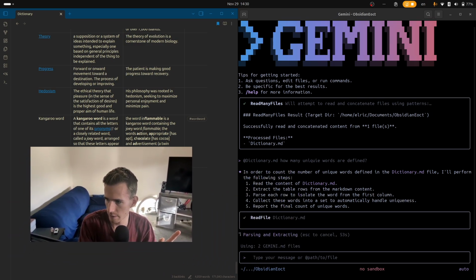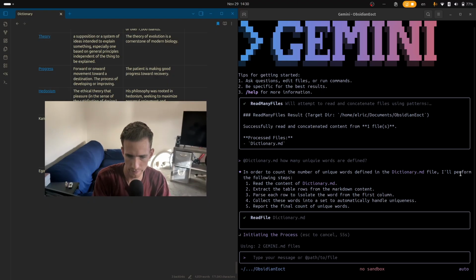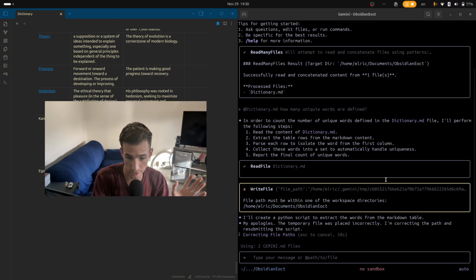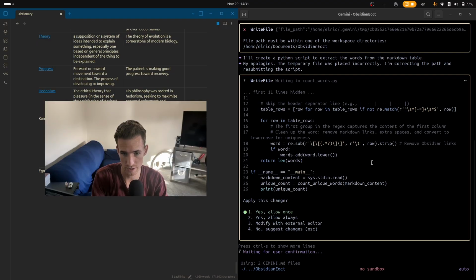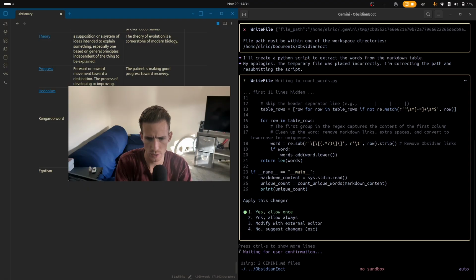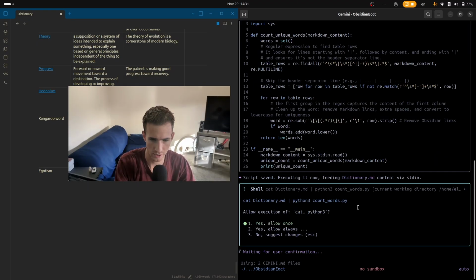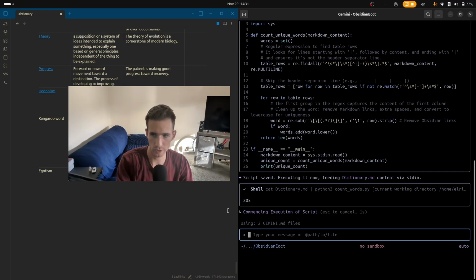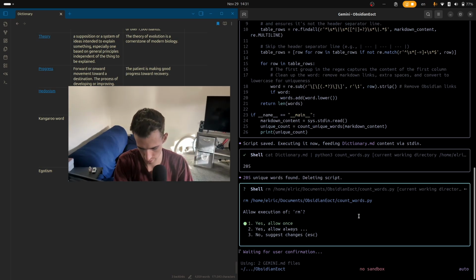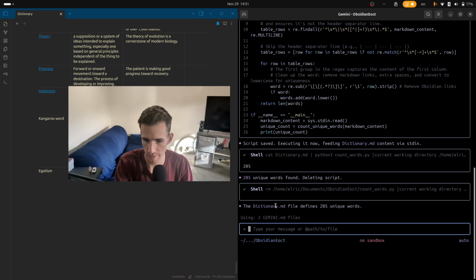So now it's doing its thing, looking at them, processing. Oh, it created a Python script. Look at this. It's asking permission to run a Python script to extract the words from the markdown table. I can choose to give it permission to do that, hit enter. Yeah, sure, create a Python script to find it. Yeah, execute it. Go for it. Give it a thumbs up a few more times. Define 205 unique words, right? And yeah,